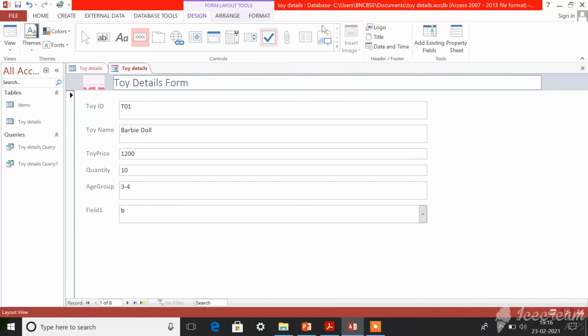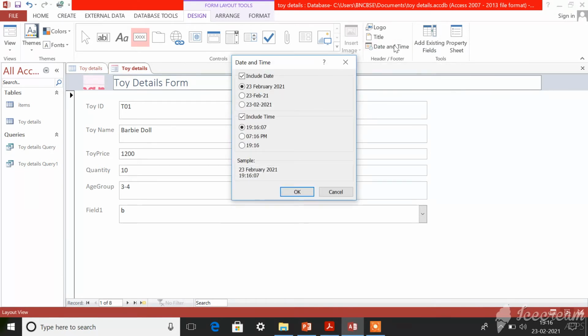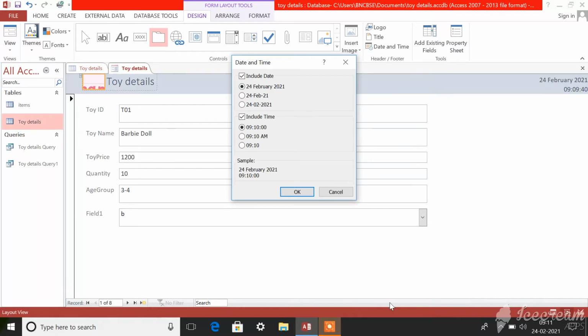Then after that, if you want date and time to be present in your form, click on date and time. After clicking that, you can see a drop down menu. In this, the formats in which your date and time can be visible are displayed.